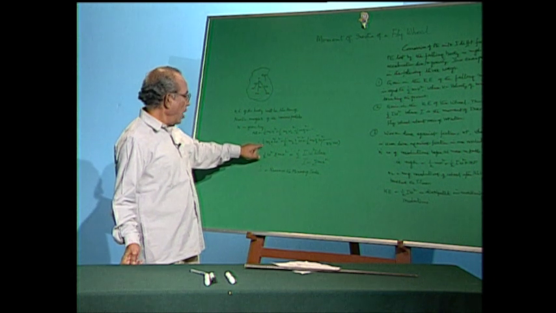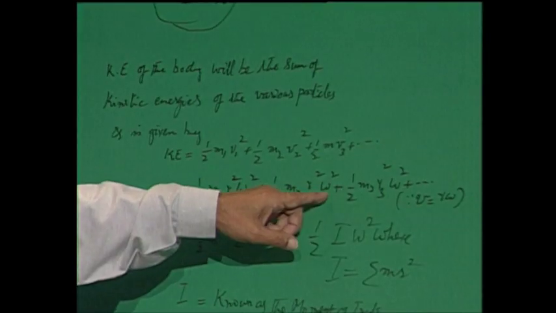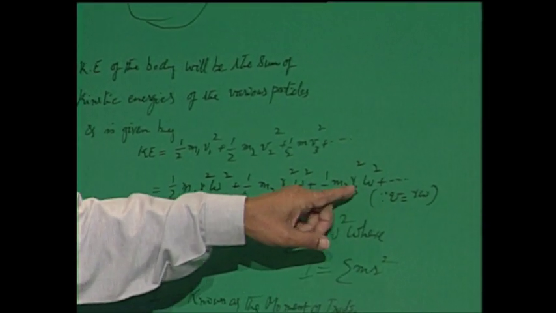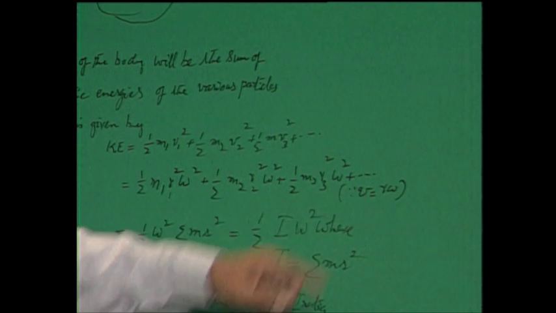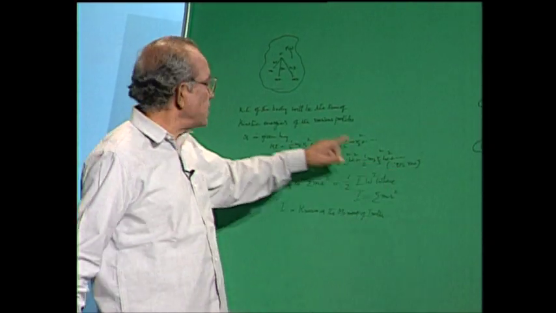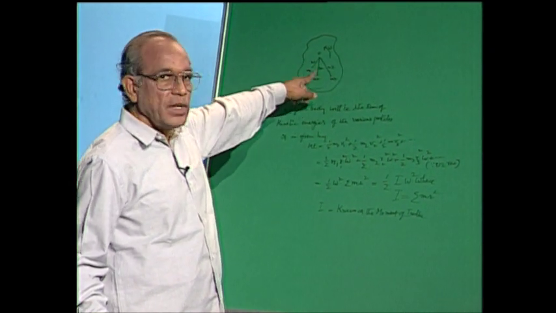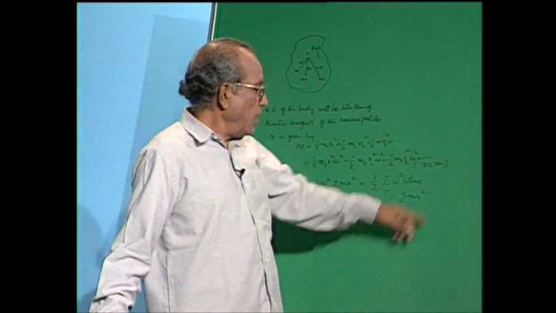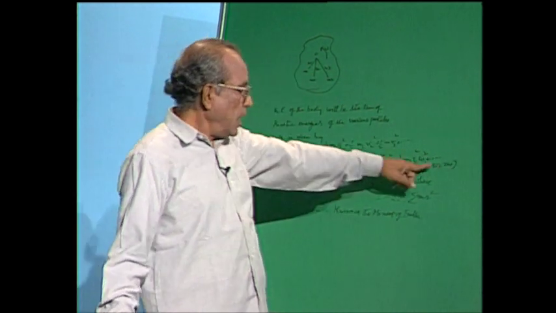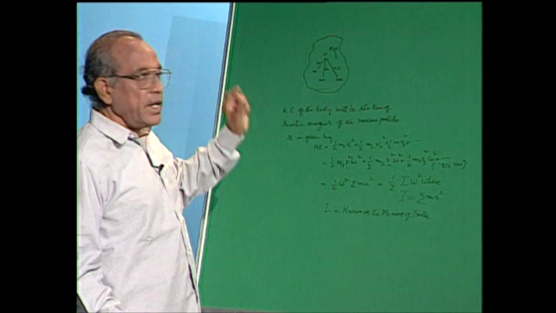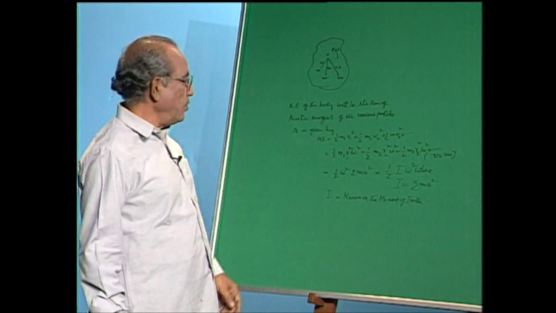That is equal to half m1 r1 square omega square plus half m2 r2 square omega square plus half m3 r3 square omega square, because v is equal to r into omega, where v is the linear velocity of these particles at distances r1, r2, r3 of masses m1, m2, m3 respectively, and omega is the angular velocity as shown in the figure, that remains constant. And r in this is the radius of the axle if you take that axis as rotation, or in the case of the flywheel.